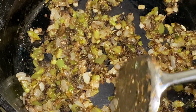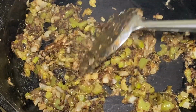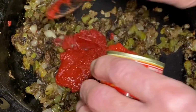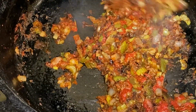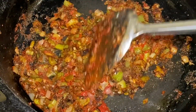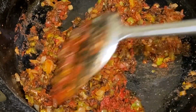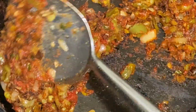This has been about 20 minutes now, and this is looking nice and soft and just about like I like it. So I'm going to go ahead and add our tomato paste. And we're going to stir our tomato paste around here for just a couple of minutes. Get a little color on that tomato paste. And we're going to go ahead and add our 1 cup of stock,